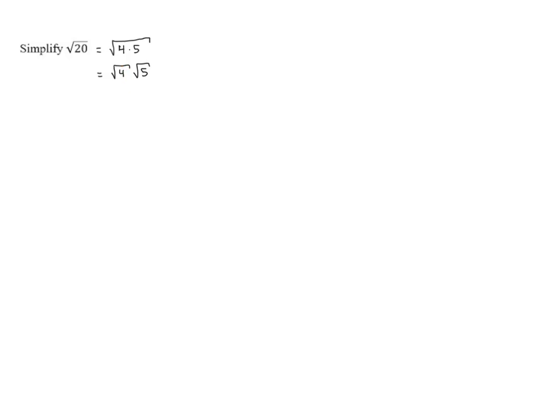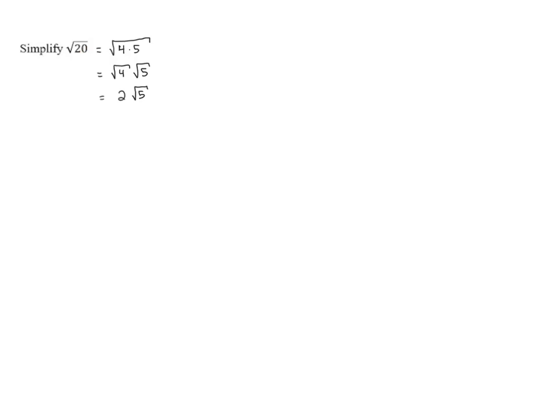We can take the square root. The square root of 4 is just 2, so we can replace root 4 with 2. Now, 5 isn't a perfect square, so we have to leave that inside the square root symbol. But now we've rewritten the expression as 2 root 5, and the radical 5 is much smaller than the original